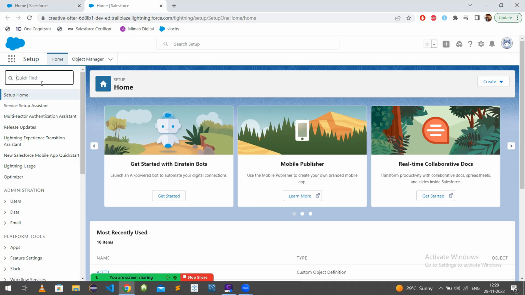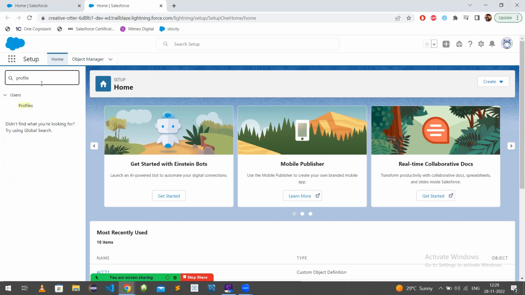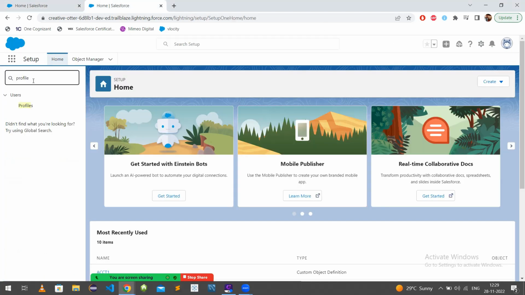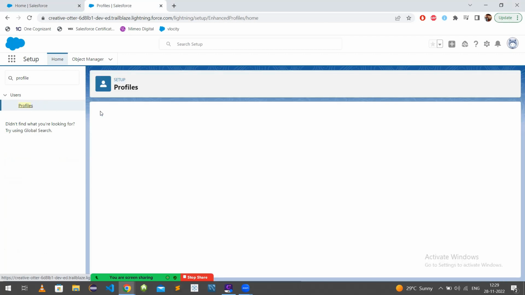So देखो, profiles are of two types, standard and custom. To access profiles, you can go directly to Setup. Like I was on Home, so you can click on Setup and go to Setup. Then what you'll do, you will type profile. Okay, so यहाँ पे you will get the option of Profiles. You will click here, and then